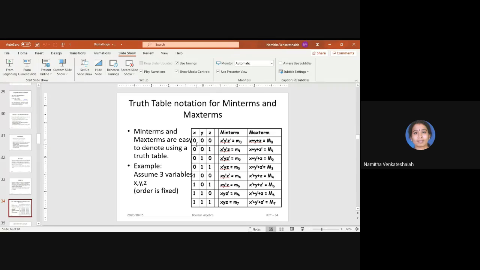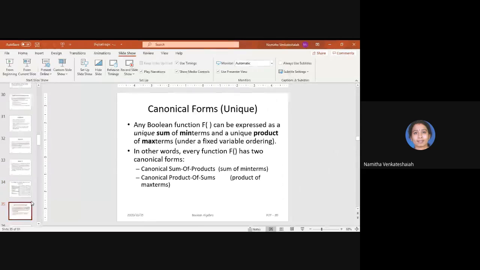So this you already know, right? You already know. Just a revision. Concentrate, look and observe what exactly is min term, what exactly is max term. Okay, so now